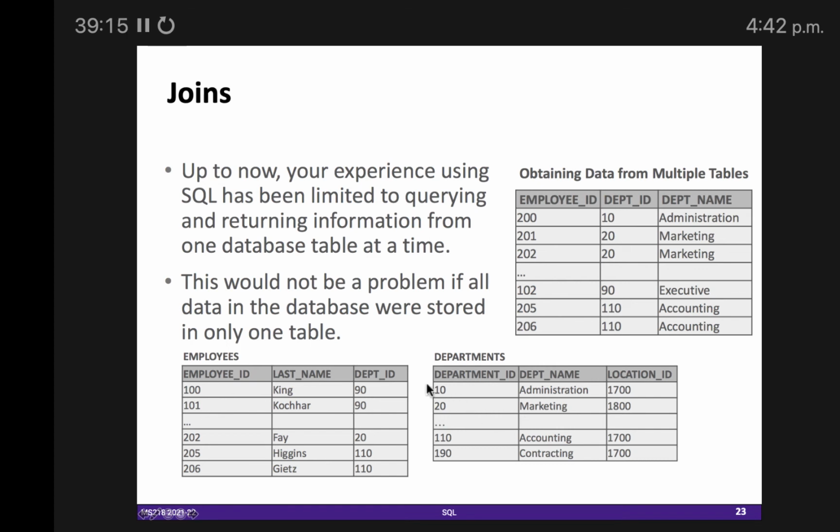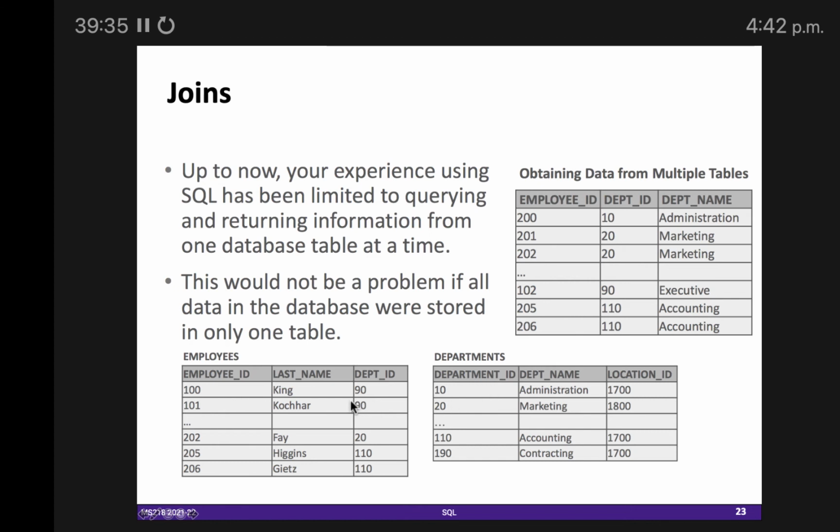So similarly, what we are doing is joining two sheets on the basis of one criteria, which is department ID: employees dot department ID is equal to departments dot department ID, right? So this is the criteria.